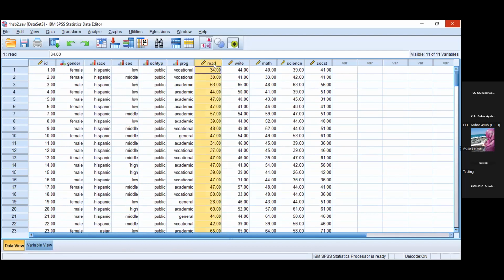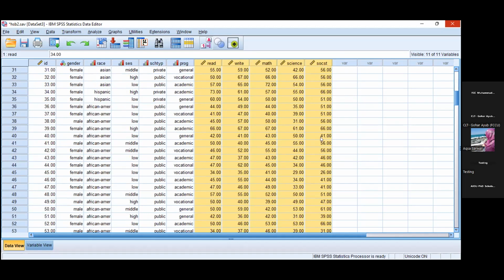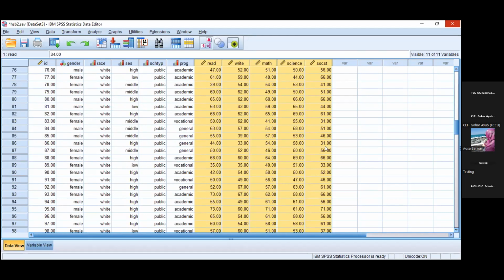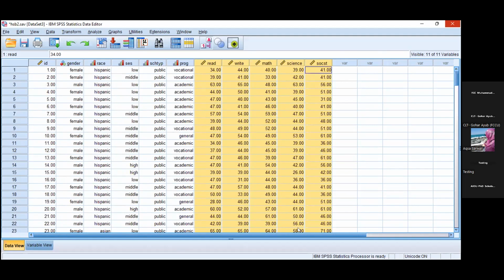Now I move on to these scale variables. First of all, I will apply the t-test. T-test on the two different variables, read score and write score. A simple t-test is applied separately to the read score and the write score. For example, we have discussed the mean and standard deviation of the read and write score, which is approximately 52, something like that. If we go to the variable view,